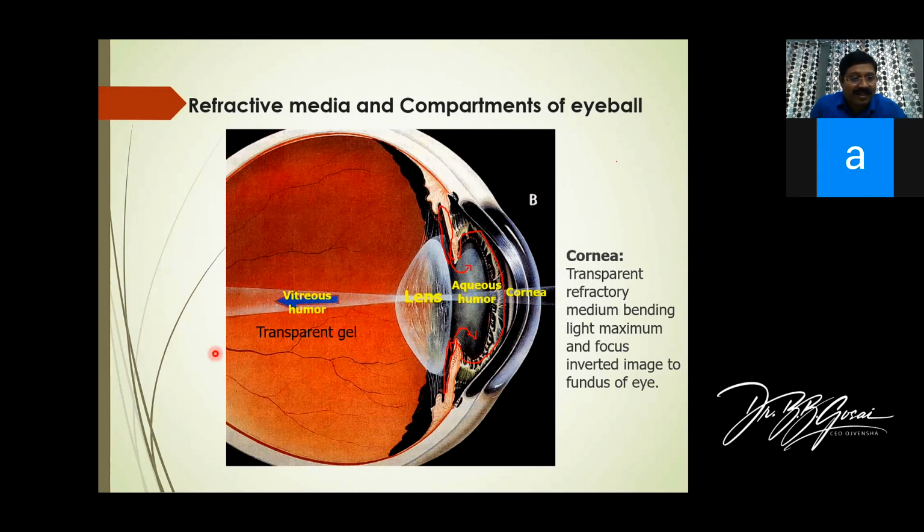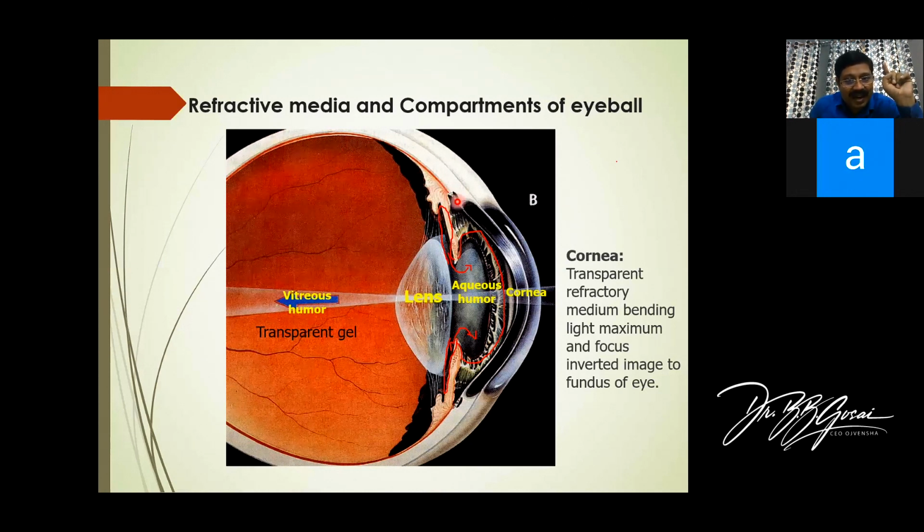The ciliary body is a part of our vascular coat. It has nothing to do with the cilia of our eyelid. So the ciliary body is located in this particular area. This part is the point where the iris ends. Then there is a body. And then there are blood vessels, which is the choroid, the vascular coat. So our vascular coat is divided into three parts. This is the iris. Then there is the ciliary body.